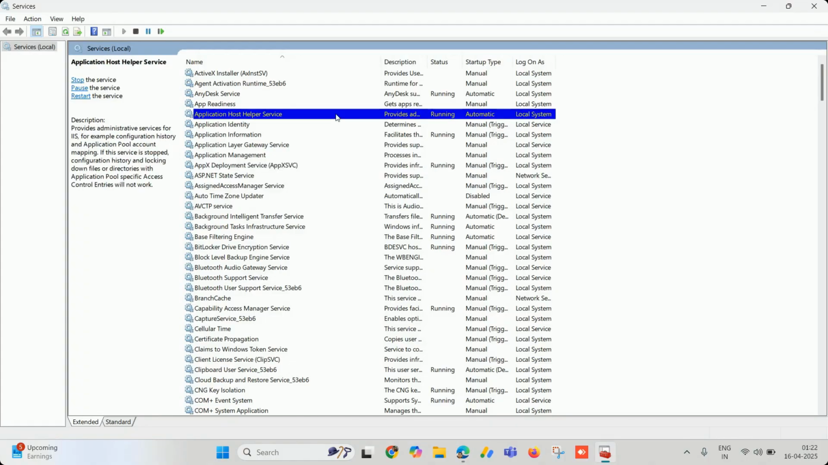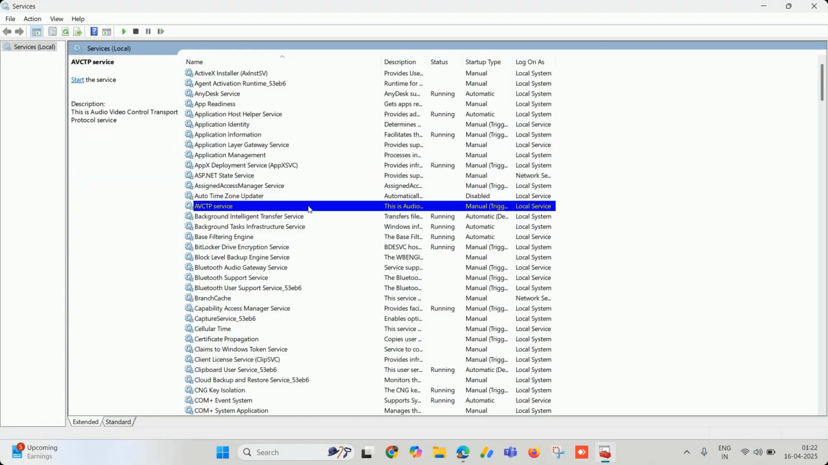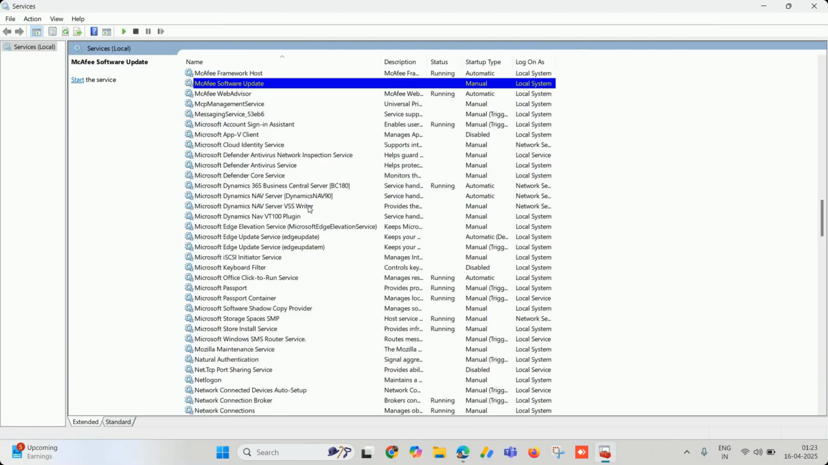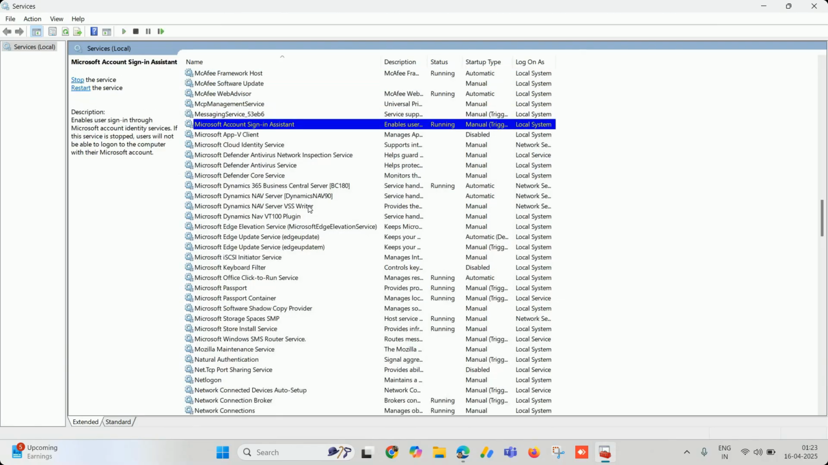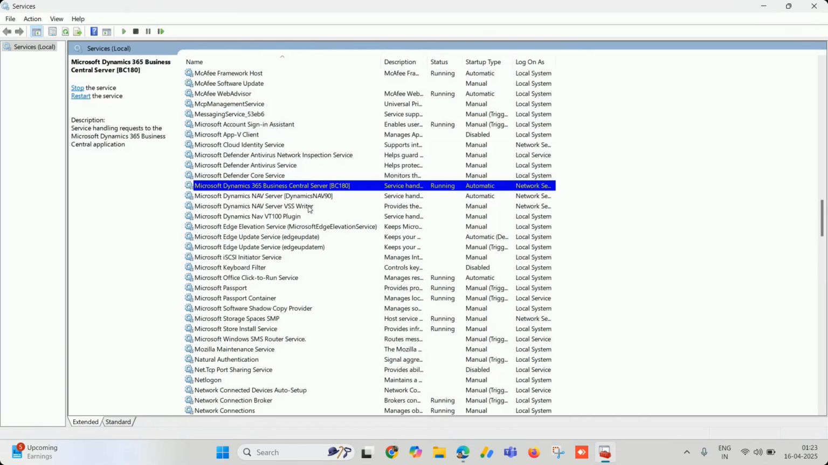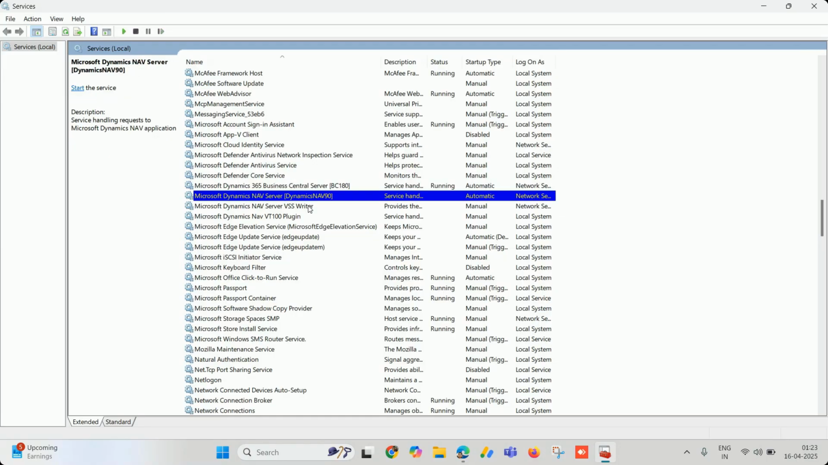Now click on any installed program, and if you want some specific service, you need to search via the first letter of the service's name. Like I'm searching for Microsoft Dynamics ERP. See, Microsoft Dynamics 365 Business Central Server PC 180 on premises is also running, but I need Microsoft Dynamics Nav